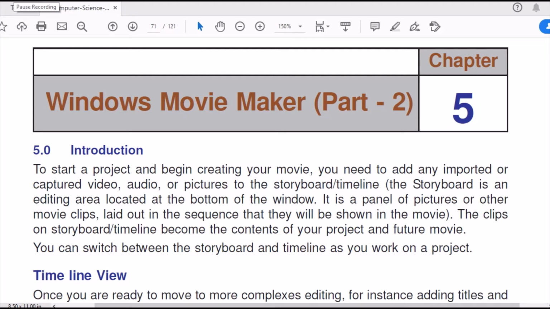Welcome to online classes. Today we'll start with 5th chapter, Windows Movie Maker Part 2. In our previous chapter we studied about the UI of Windows Movie Maker, user interface. We studied how a user can create a new project, what kind of different options a user has. In this chapter we'll study about the detailed effects and the options Windows Movie Maker is making